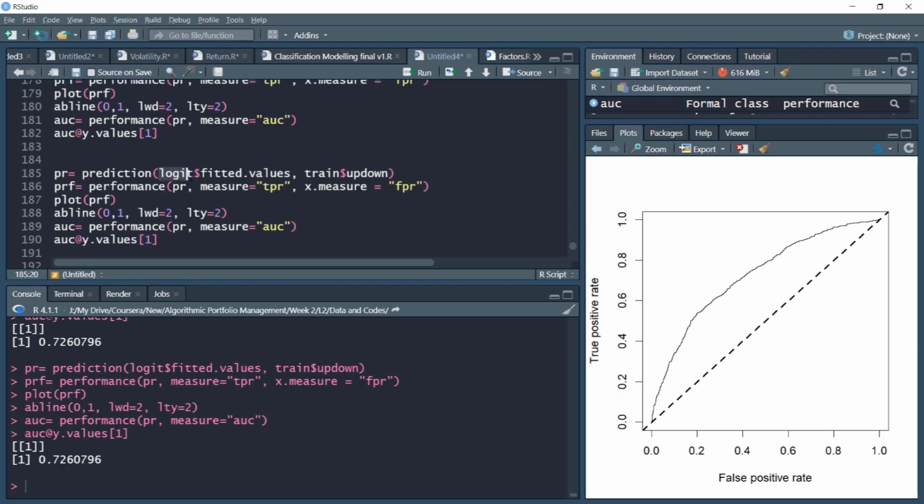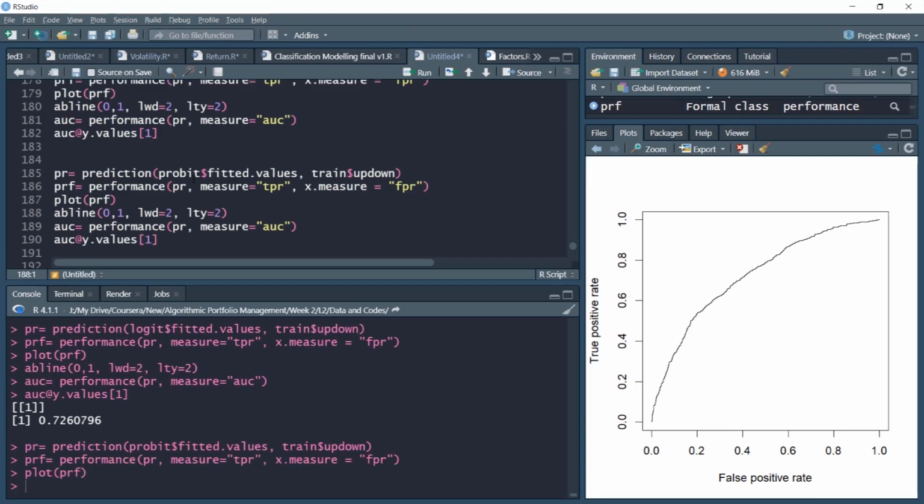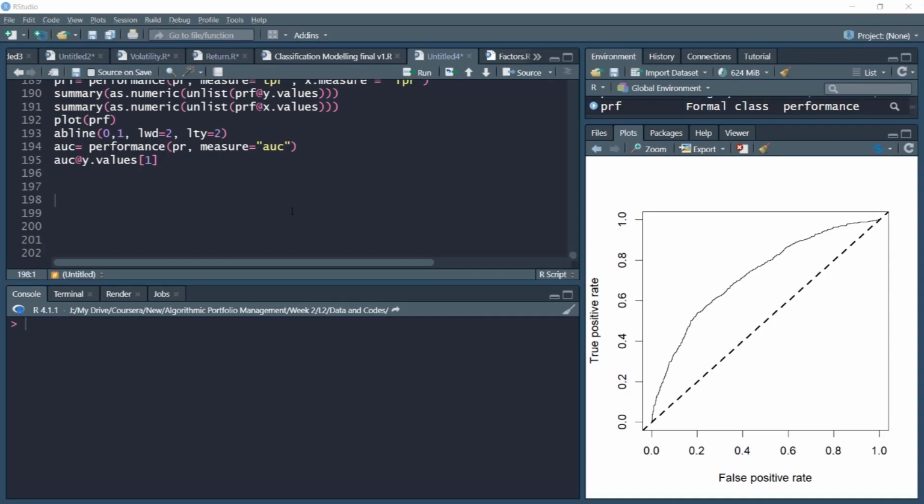Let's do this for probit also now. So for the probit object, I'll do the same thing and plot. Again, we are getting an almost identical graph. If I compute the AUC, again we get very similar values. Notice that we observed exactly identical values of area under the curve. So could it be the case that we have made some mistake in computing our fitted values? Are these the result of some computational error? Let's check the summary of these fitted values.